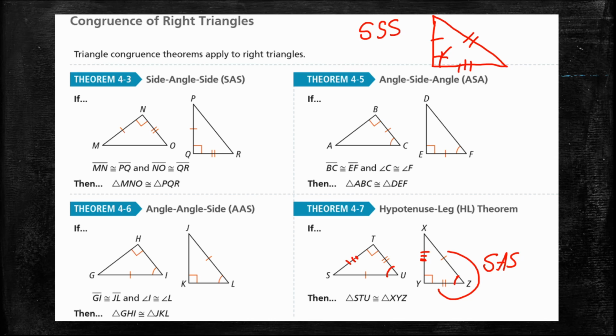And if we're writing our full proof, once I show yes by side angle side, what I must do if I'm writing the proof, my very next step is say that triangle, let's do this one, STU is congruent to XYZ by